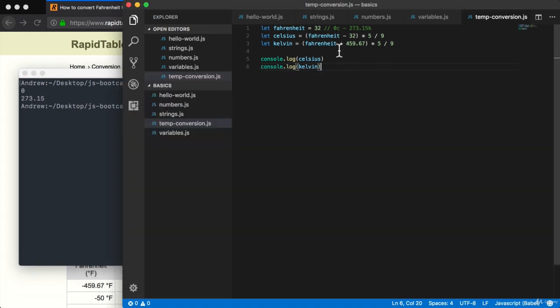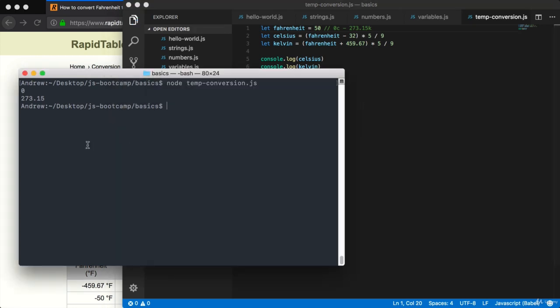I'm going to test this out with one more value. Let's switch 32 degrees Fahrenheit to the more temperate 50 degrees Fahrenheit. Still pretty chilly. We'll rerun the script. And right here, we get 10 degrees for Celsius and